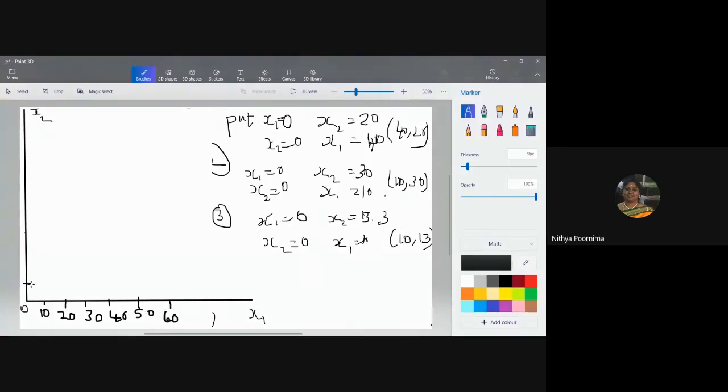Here also 10, 20, 30, 40, 50. 50 is sufficient. You don't have place to write, but I want you to write here, okay? 10, 20, 30, 40, 50. Let me try. 10, 20, 30, 40, 50. So have you done with this?